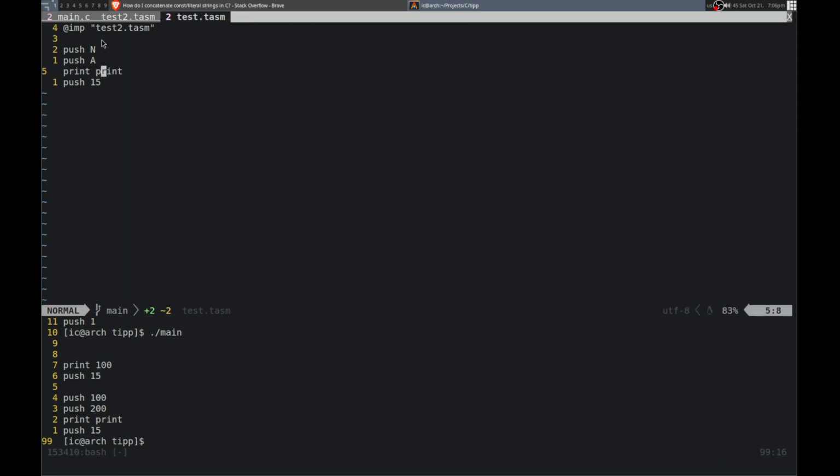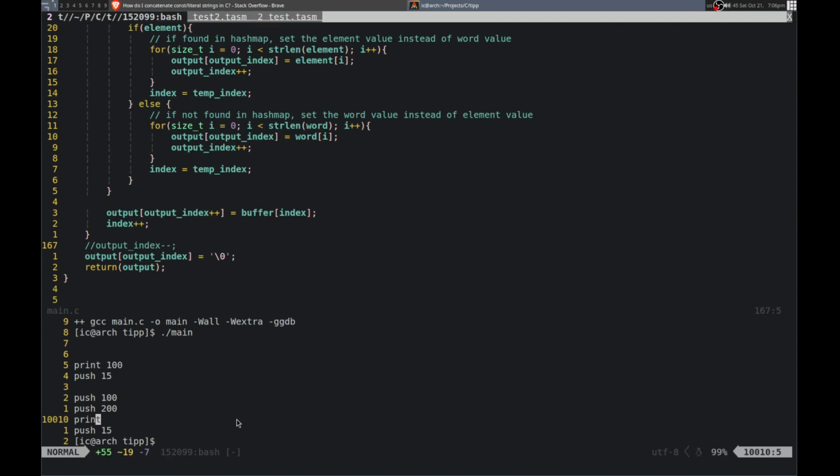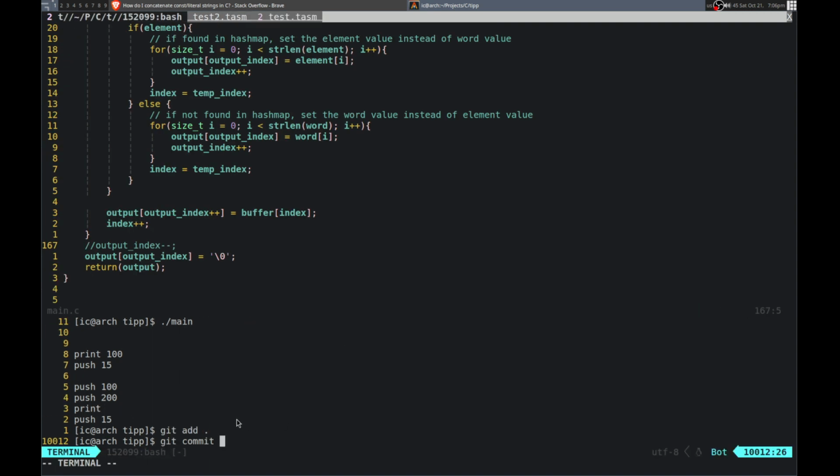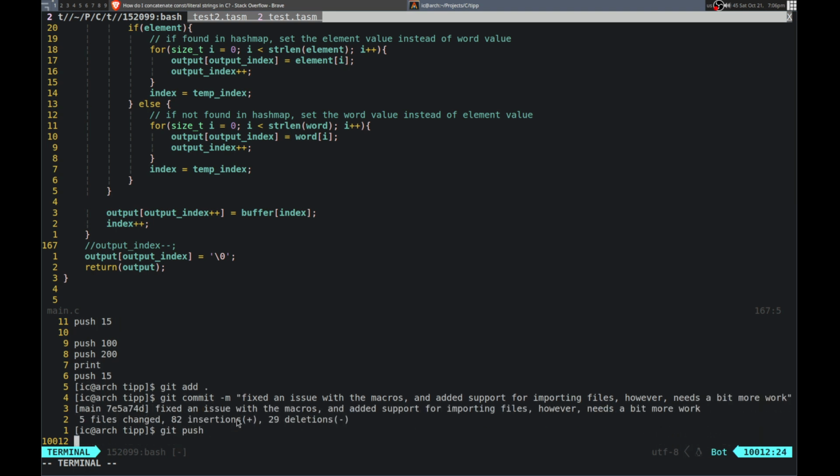There probably is a bug, which I will look into, but I think I can commit this right now. So it's an issue with the macros and added support for importing files. However, it needs a bit more work. So if I push this,